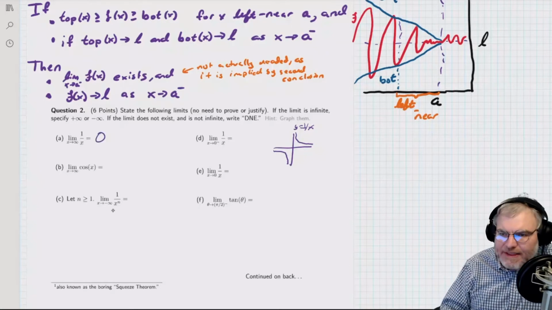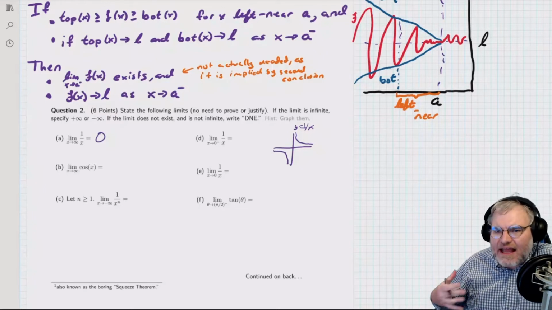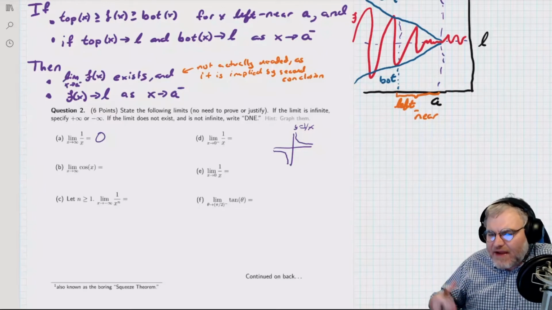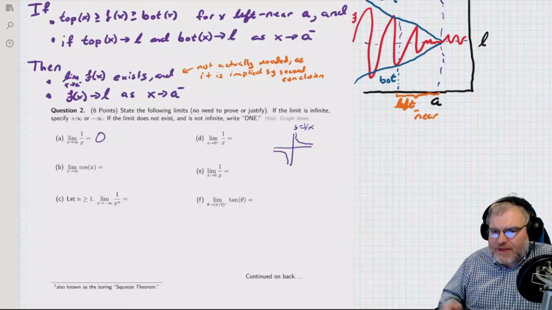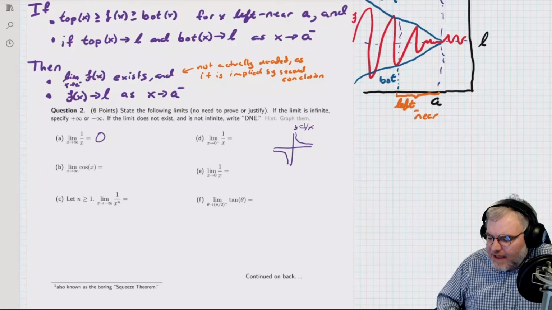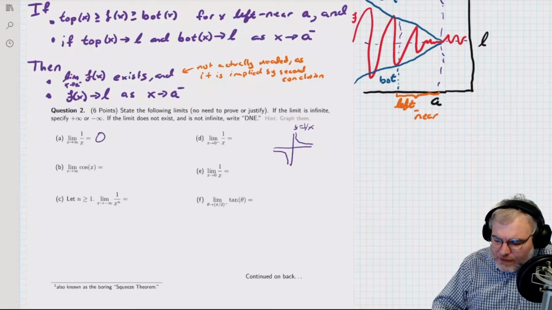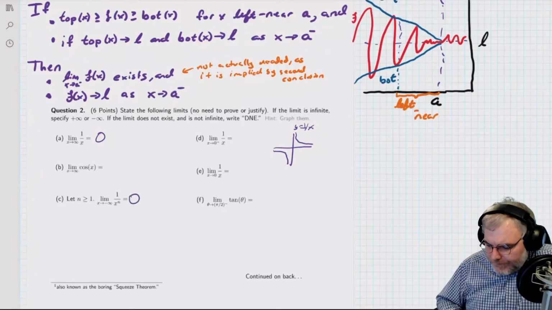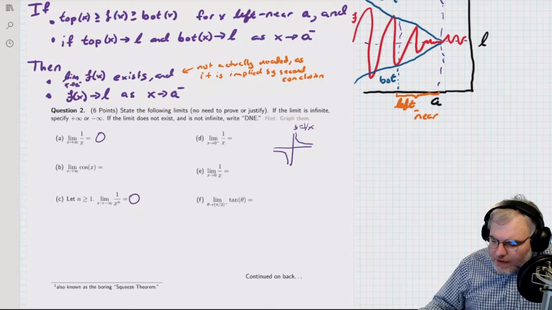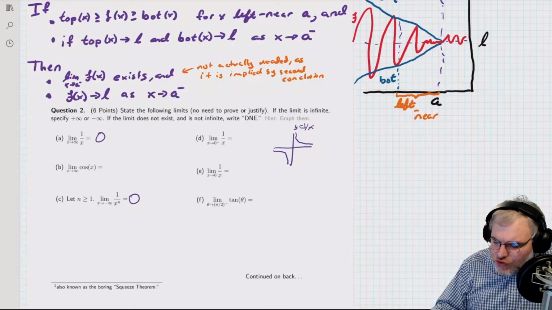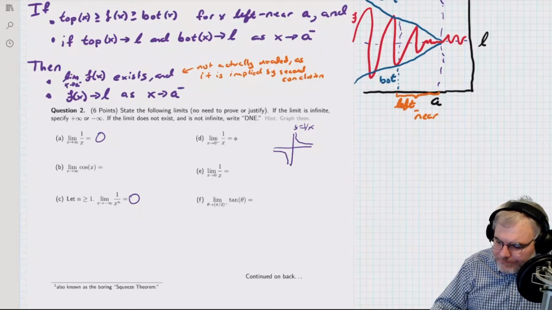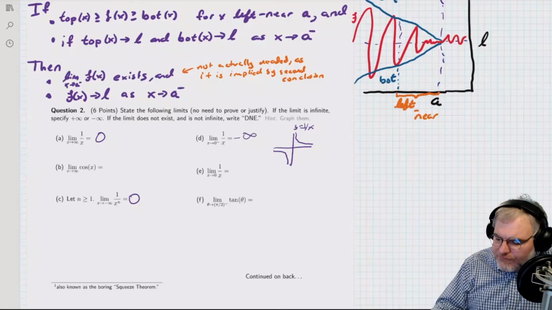And the same things happen here, right? If I raise x to some positive power on the bottom, it does nothing to what goes on at negative infinity. It's either above or below. Either graph is going to be 0. Now, the limit as I go to 0 from the left is negative infinity. And as I go from the right is positive infinity, which means the limit itself does not exist.